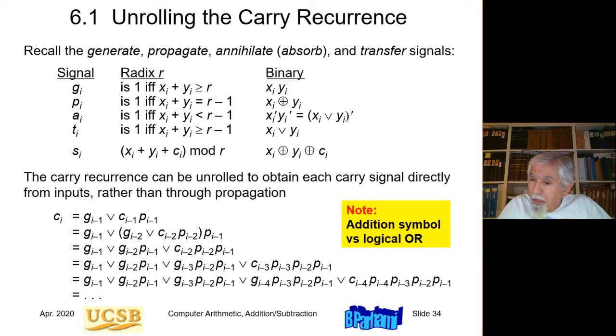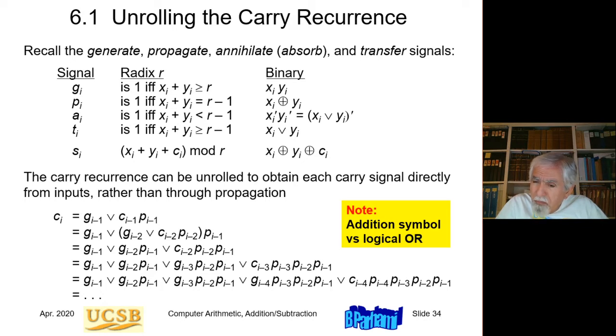We carry 4 positions to the right, and those auxiliary signals. Okay, and this expression is very easy to remember and understand. You don't really have to use the expansion. What this says is that carry into position i is 1 if a carry is generated in position i-1, the first term, or a carry is generated in position i-2 and propagated by position i-1, or a carry is generated in position i-3 and propagated by both positions i-2 and